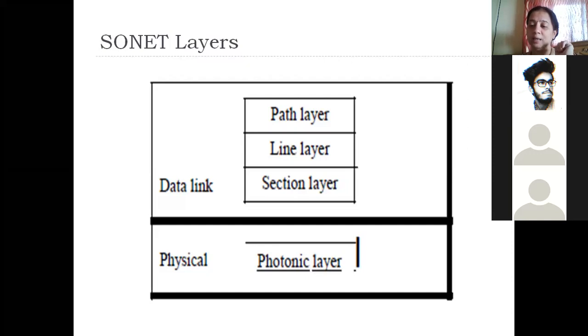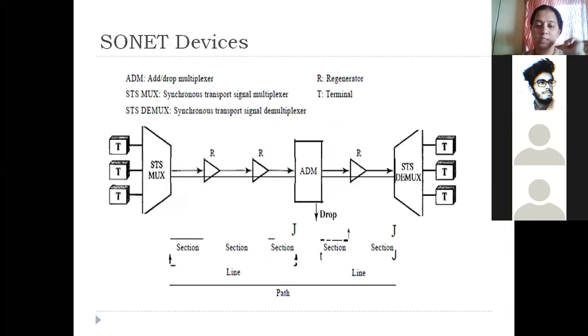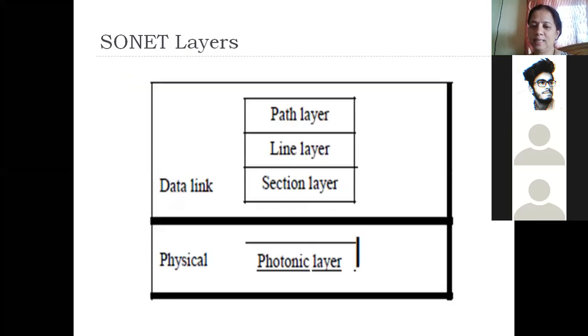the section layer. And when the data is being transmitted over the network in the form of light, the physical configuration and physical transmission of bits in the form of light is performed by the photonic layer. So I want you all to have a look at this previous diagram once again, where we are able to see the section, line, and path, and accordingly these layers.